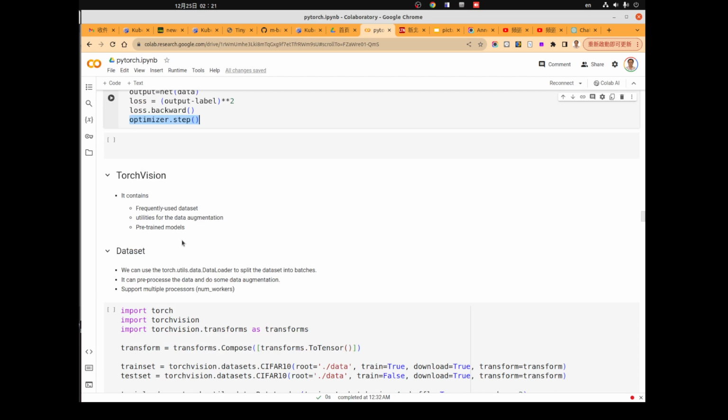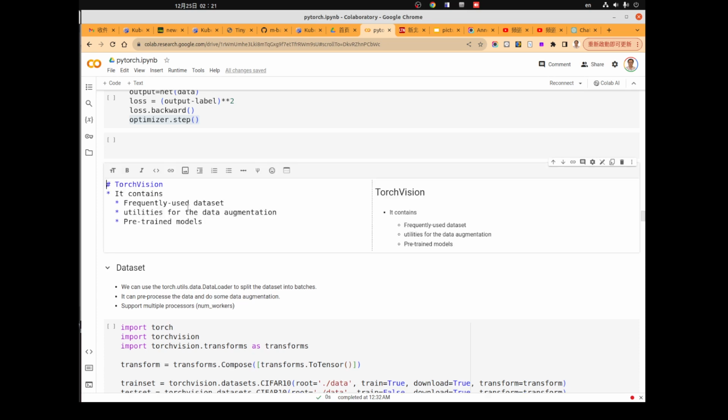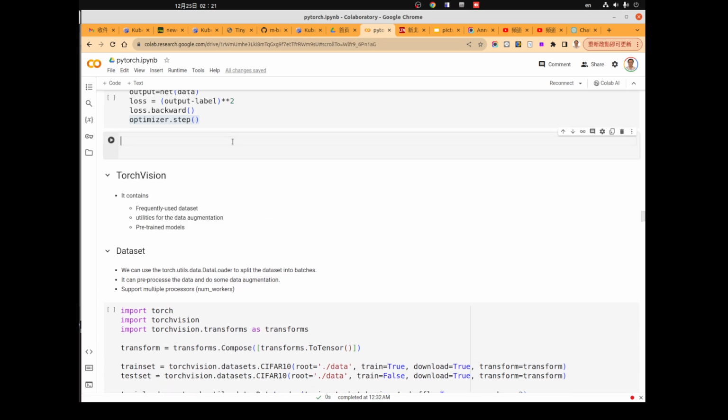Okay, so the last thing we will talk about in this video is the torchvision module. Inside this module, you will find a lot of datasets, some utilities to implement data augmentation for the datasets, and a lot of pre-trained models.